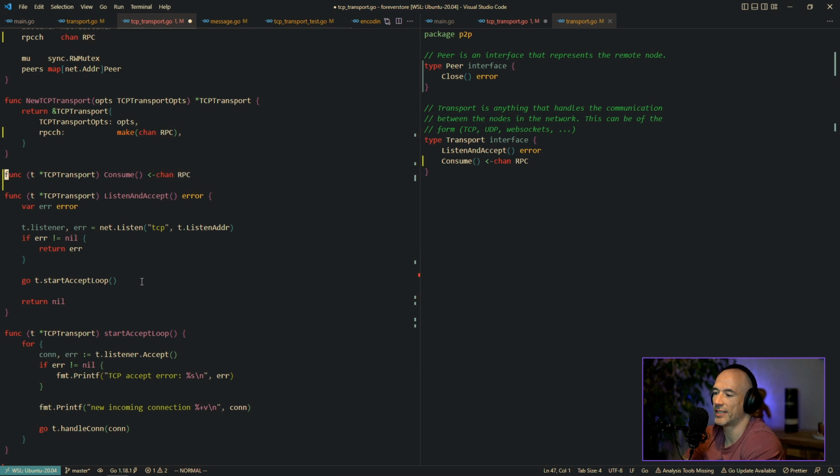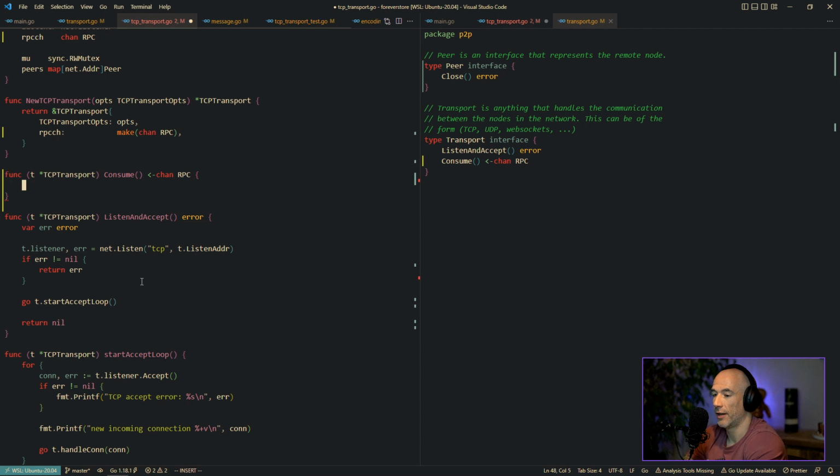And you see this syntax, right? If you watched the concurrency for beginners, this basically means we can only read from the channel and we cannot send to the channel, right? Very important. And we're just going to return the RPC channel like this.